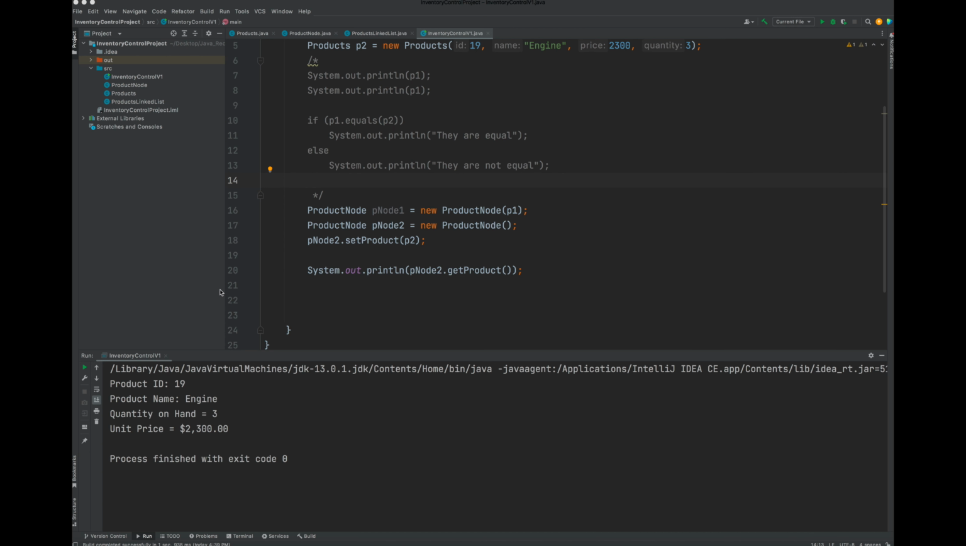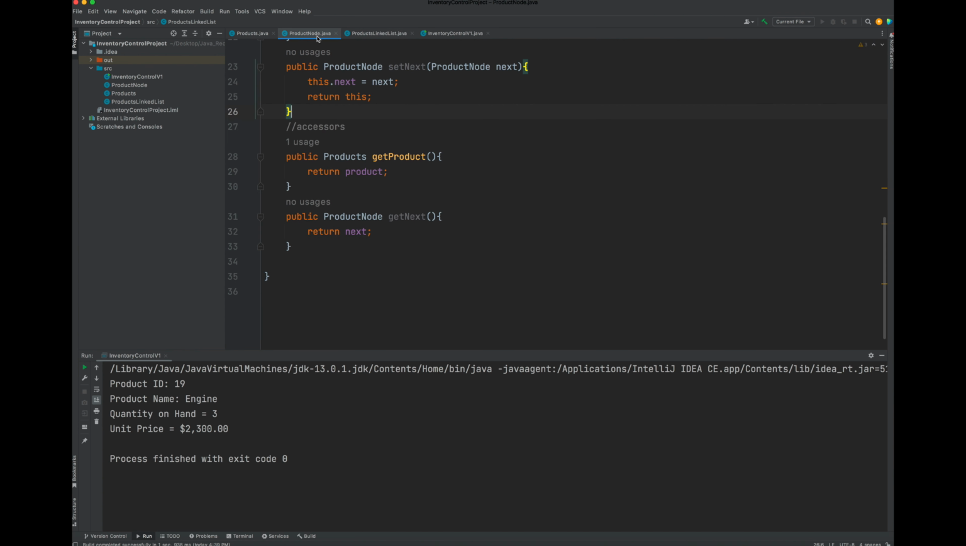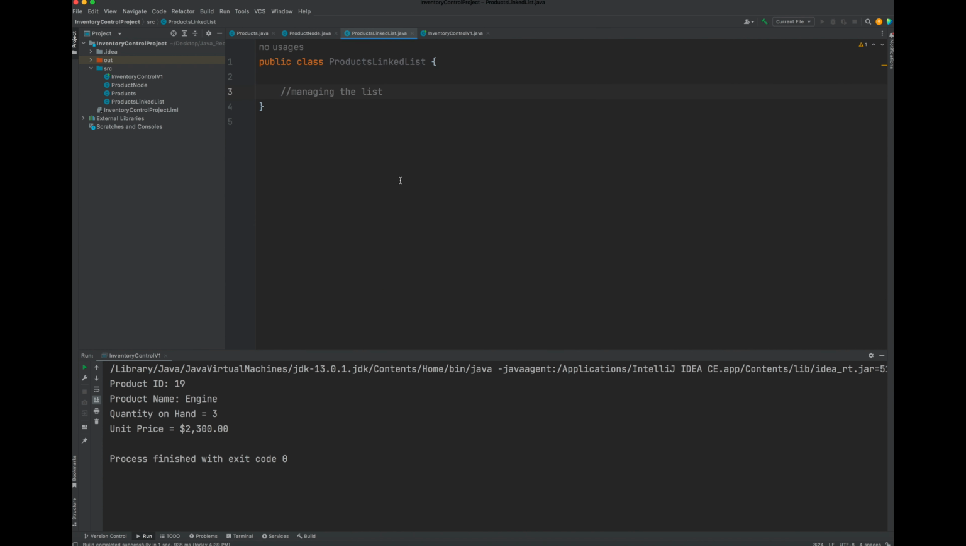Okay, so at this stage, we're going to complete the product link list, the actual list that will allow us to link all of these nodes, or any objects of these kinds of nodes that themselves have a product as a payload and point to the next node if we start linking. So all the management is going to be done here. So a couple things we're going to be doing